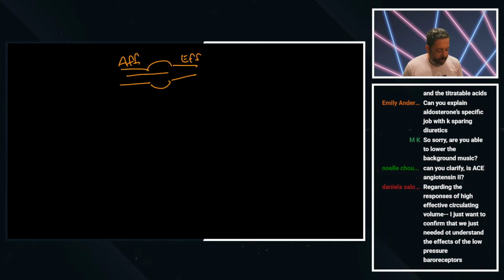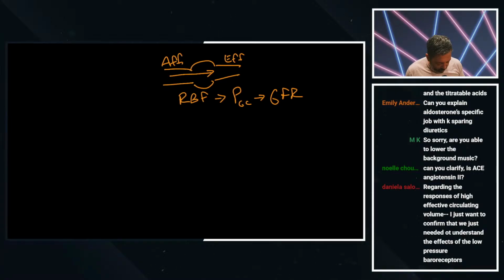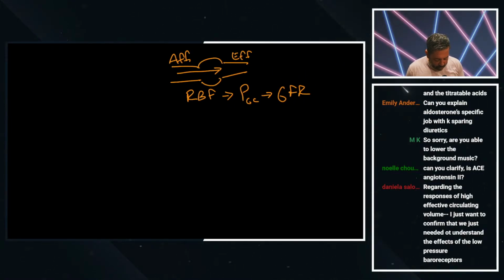In a normal situation, we have adequate renal blood flow, which provides adequate hydrostatic pressure of the glomerular capillary, which results in an adequate glomerular filtration rate. So remember, with the renal system, the GFR is really what we're trying to keep constant here, so we can filter out the blood. If we deal with the afferent arterioles only,